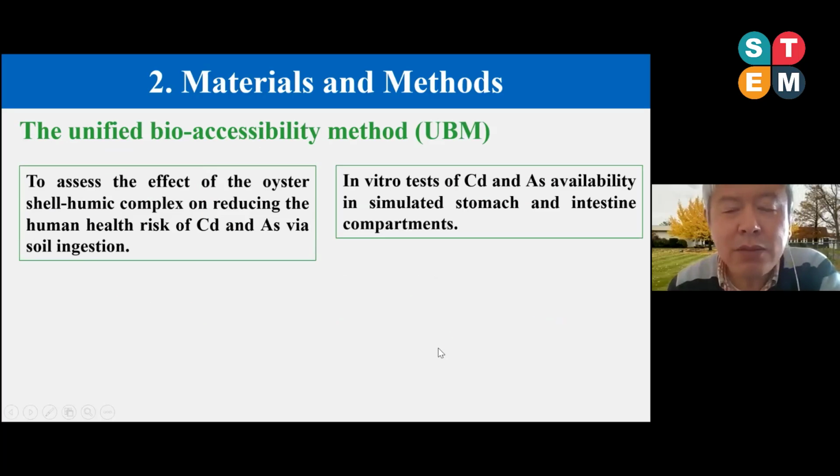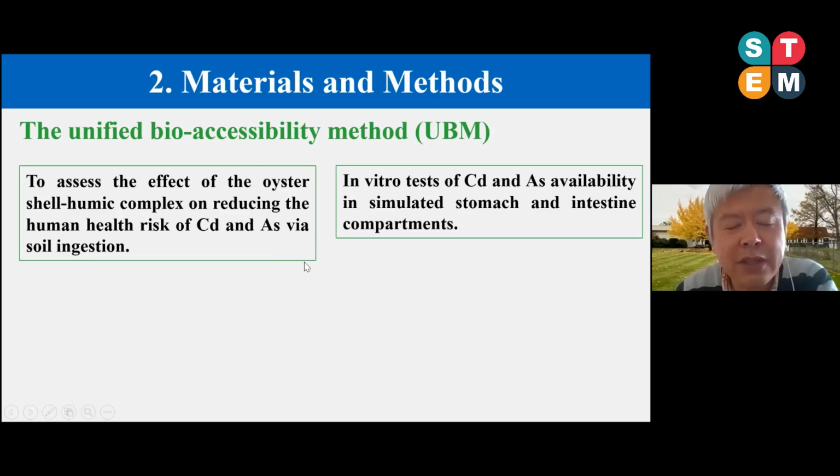And the next part of the work is we assume a child is playing in the field and sometimes puts his fingers into his mouth, and you could introduce soil into your body. So in these cases, there's a process to assess the effect of ingested soil, how this ingested soil would potentially